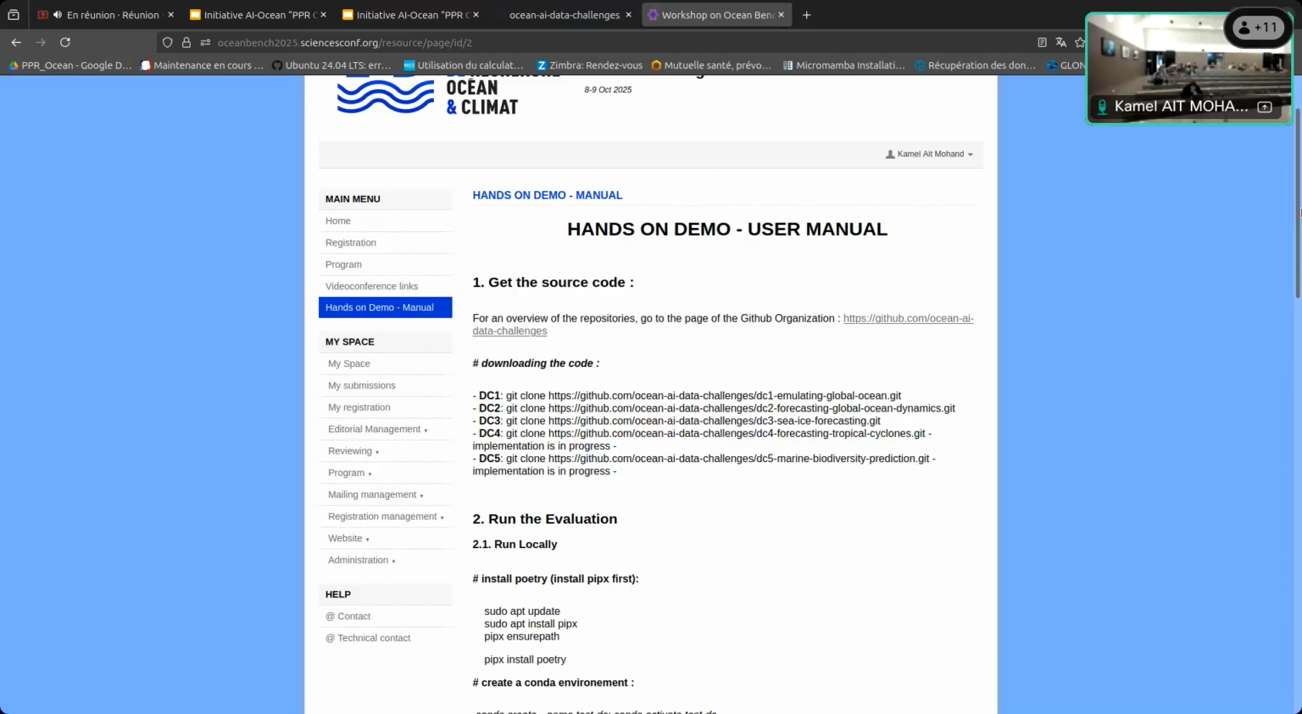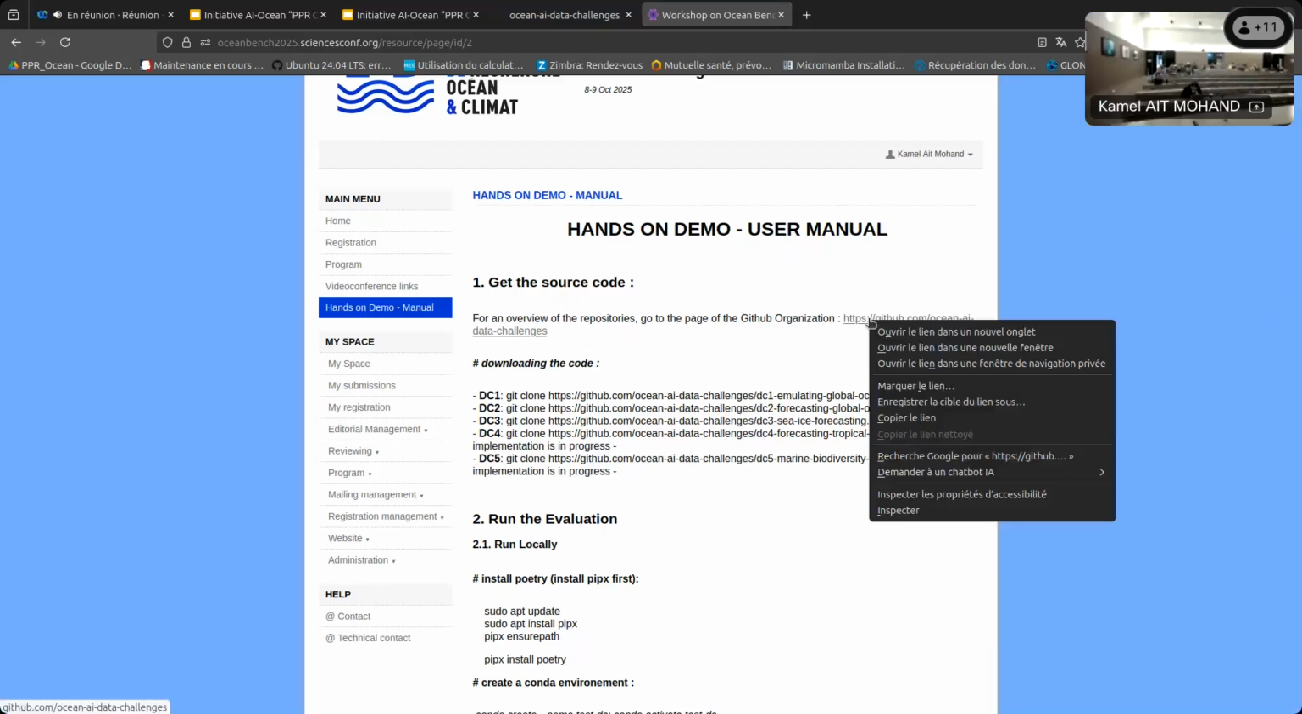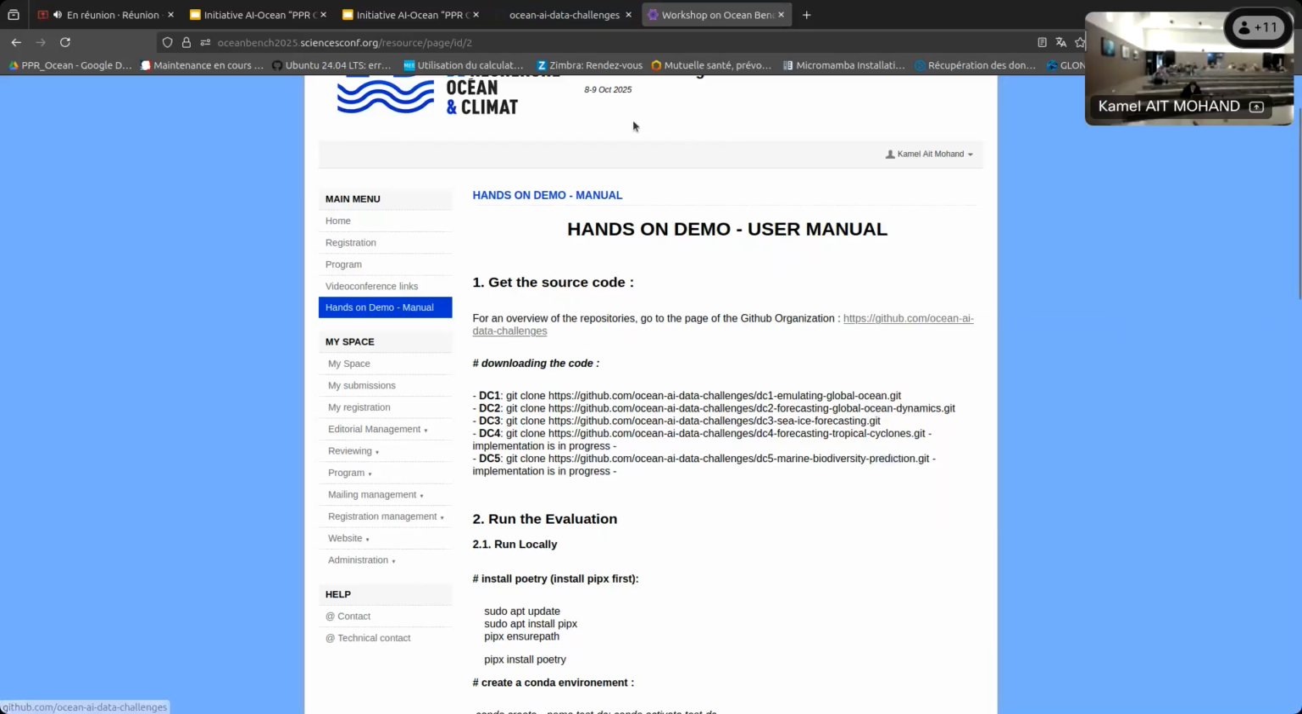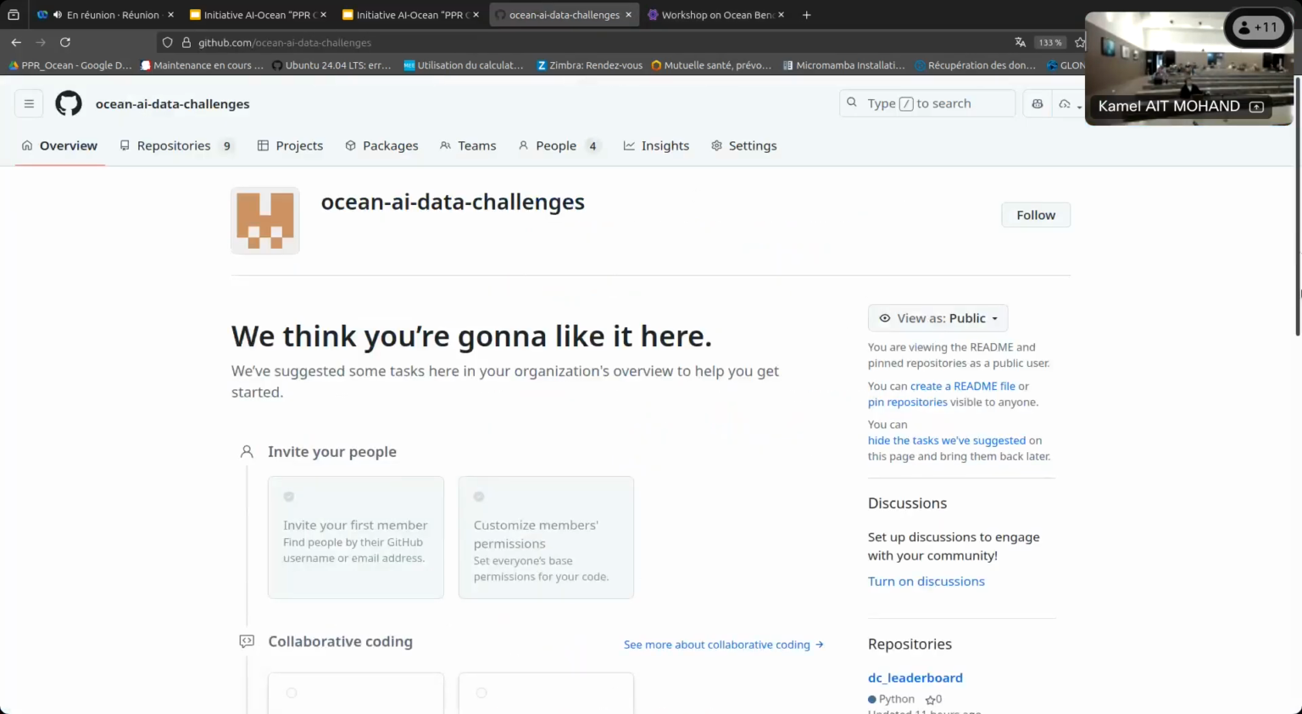First step of this demonstration, we will take a look at the source code, and for this we will go to the GitHub organization. There is a link at the top of this page. You can go to this website and take a look. Guillermo, can you? Yeah. So this GitHub organization contains all the different repositories for each of the different data challenges,